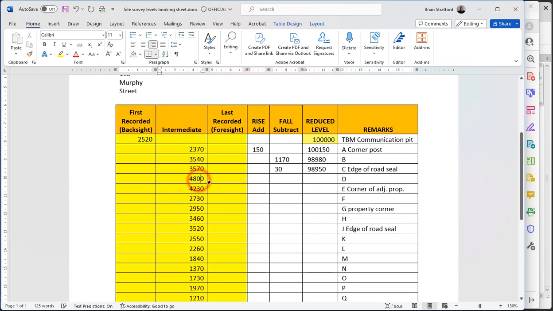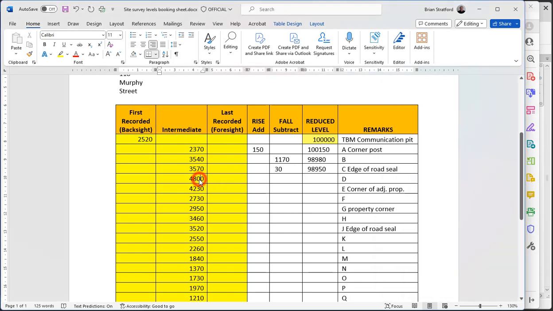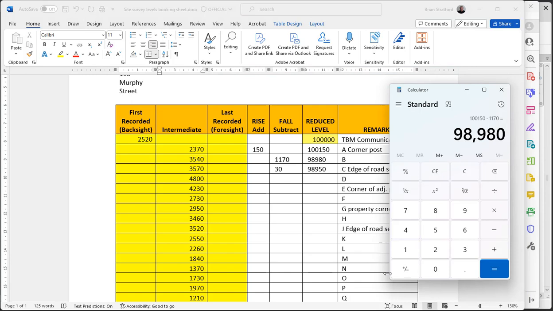Then we've got 48, so it's dropped down quite a lot again. So again, I'll do this last one and then leave you to do the rest. So we've got 48, then 35, 4800 minus 3570, enter, and we get 1230 between those 2 points, and that's a bigger number, so it's down a lot